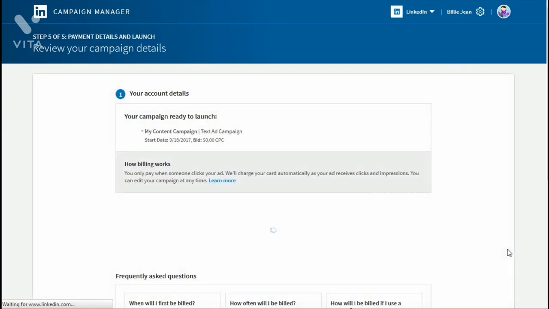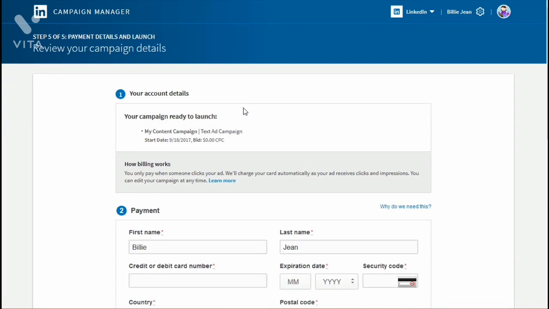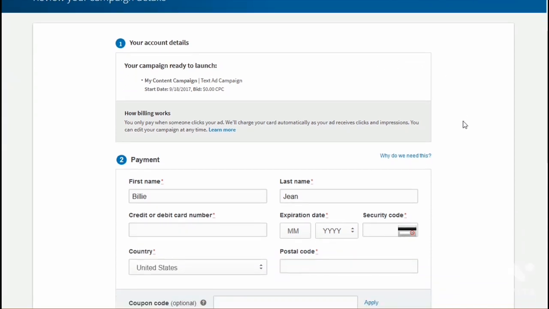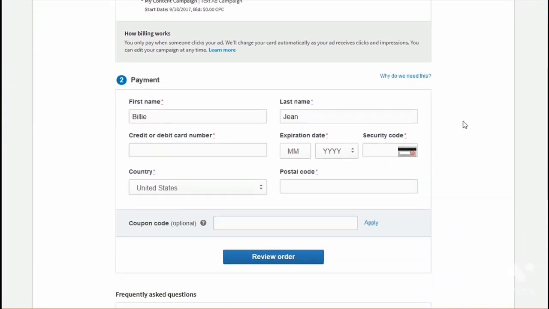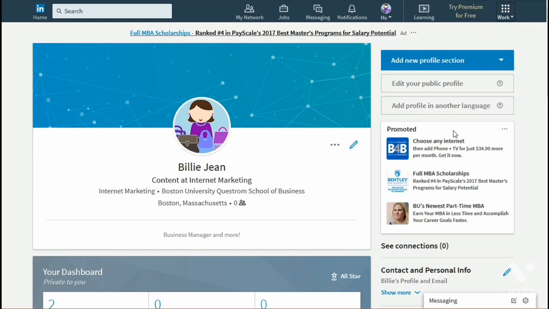The final step to your successful ad is for you to review your campaign details and add the necessary payment information. Click Review Order and your first ad will be published in no time. If you head to your profile, you can see the Promoted tab, which is the ad published using LinkedIn. Based on your chosen layout, this is how your ad will appear to others. You've reached the final step needed to syndicate your content using LinkedIn. Always remember to utilize all the steps laid out to you, and you will be able to increase your credibility in LinkedIn.